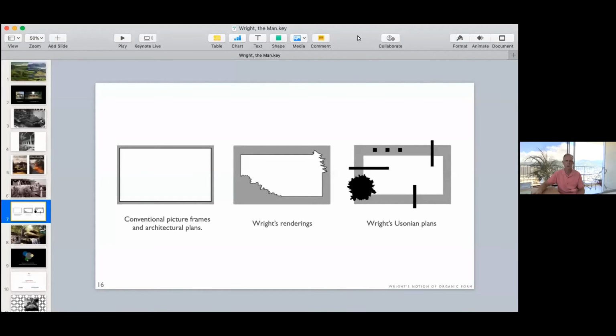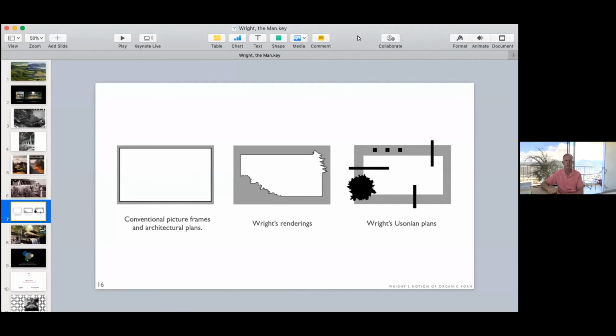If you read a bit about Wabi and Sabi and then read that and then look at it, it's one last thing I'm going to share with you. This is probably one of the most important diagrams relating the Japanese woodblock prints to Wright's architecture. So you've got on the left a conventional picture frame, which basically says the stuff on the inside is a lie. It's an artificial representation of the outside.